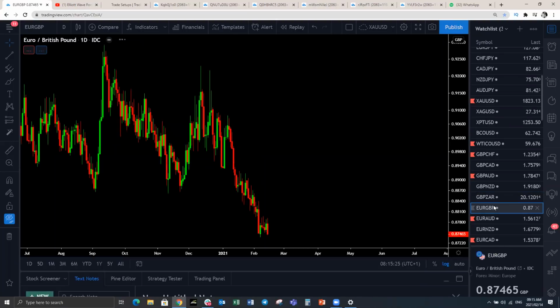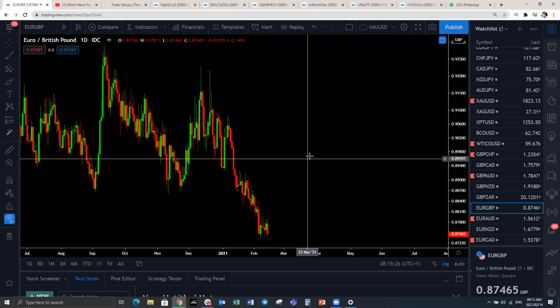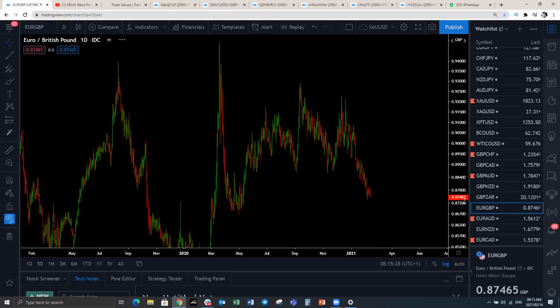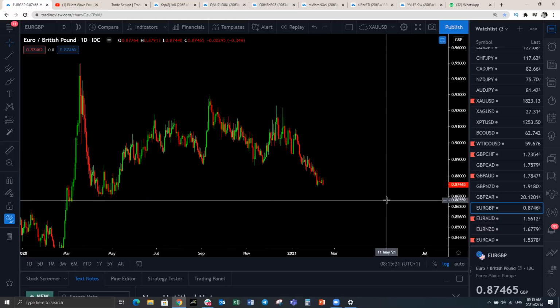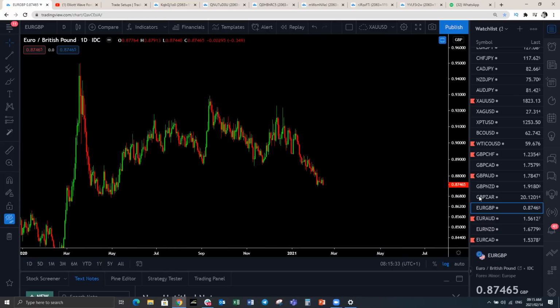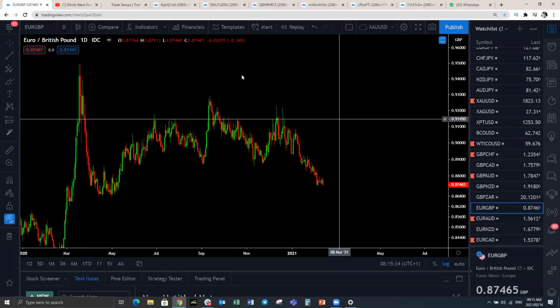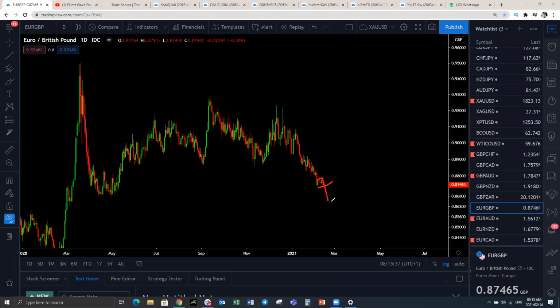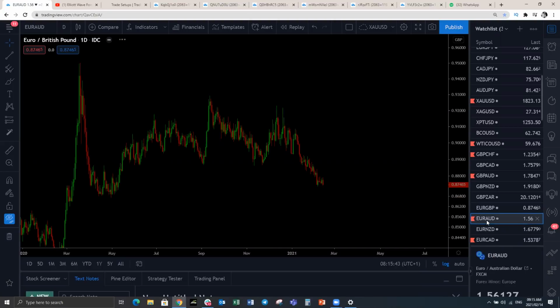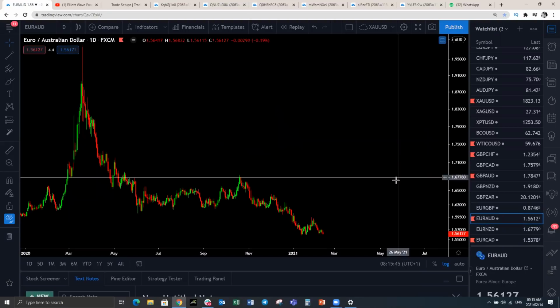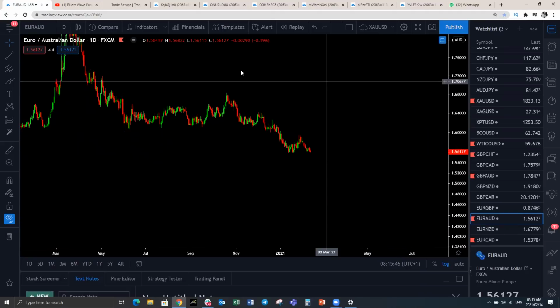Euro pound has been dropping, obviously because of the strength in the pound pairs. That is the pound pairs that are the base pairs on their current respective currencies. So we're still looking for continuation to the downside. That's why we're expecting the pound pairs to continue higher in the next coming sessions. EURAUD, another one that we sold last week. EURAUD, have a look at this one. We'll look at this one on the website.